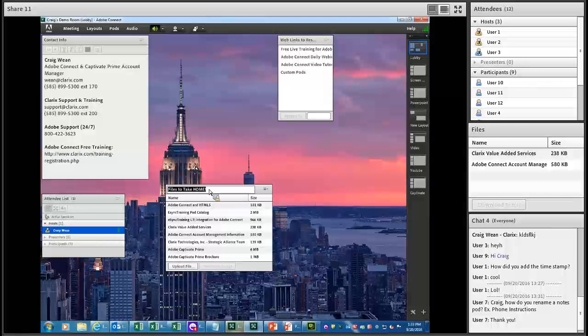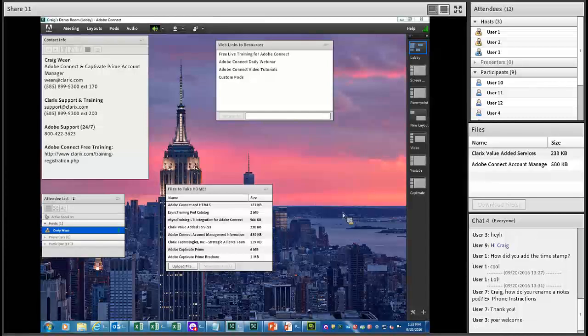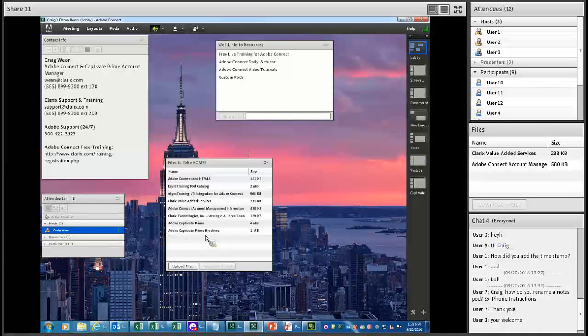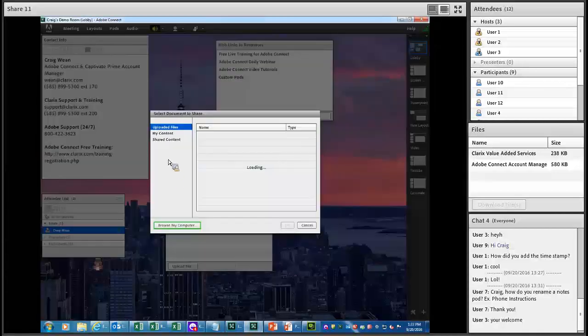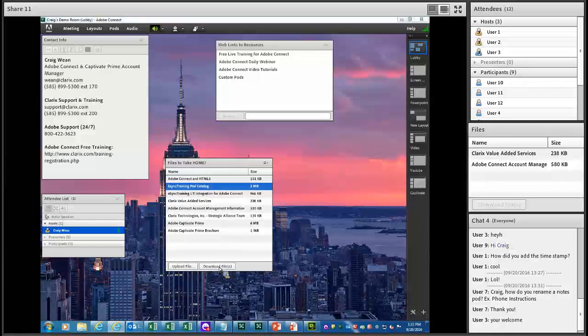I can do the same thing in the file share pod if I want to. I named it files to take home. I can also do it in the web links if I want to, and I can also do it in the share pod as well. So easy enough to do that. All you got to do, double click on it, give it a new name. So to upload the file, click upload file, browse to your computer or browse to your content library, and your participants, all they'll have to do is click on it, hit download file, and download it right to their computer